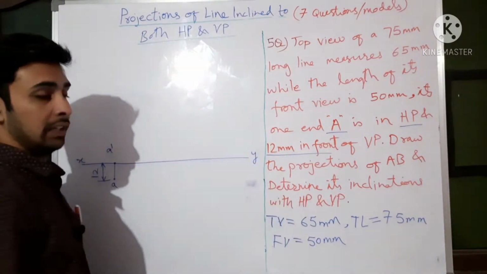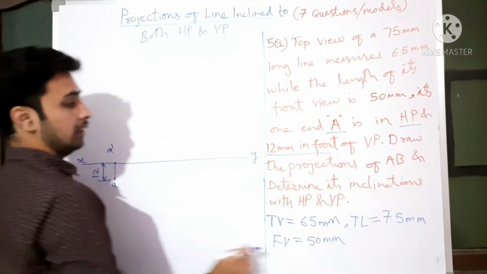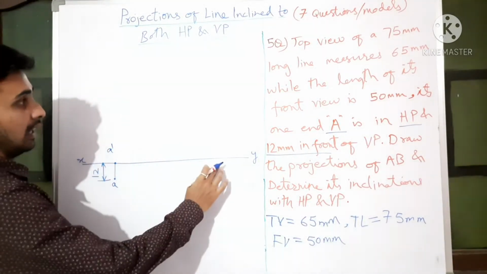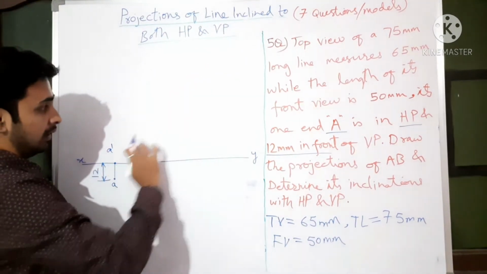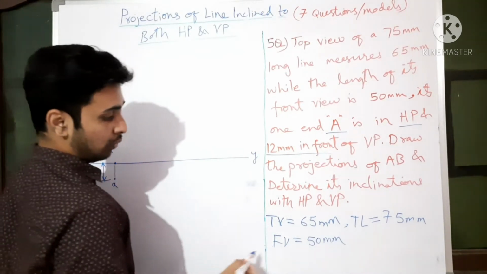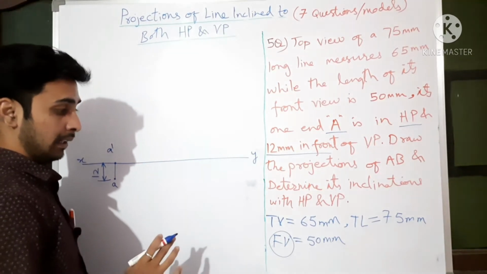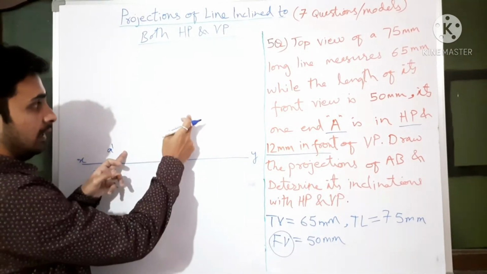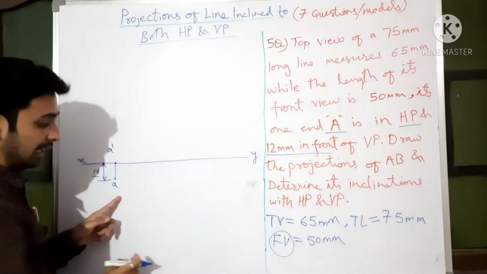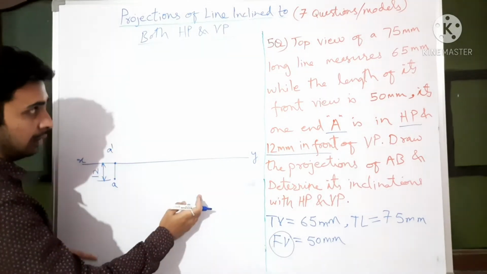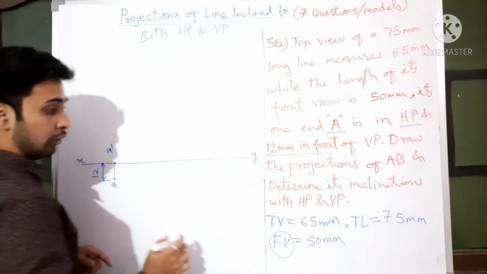So 3 things they will give, that is okay. Now what you need to do? We cannot draw the 75 mm long line because we don't know the inclination, and the other end height, that is, A is here, where is B, that height also they have not given, neither have they given an angle. So now you need to use this front view. If you remember the pattern, the front view will be rotated, and this rotated front view will go and be connected with the true length here, and similarly the top view is rotated and then projected here. So this true length will be connected to this top view. So that concept we will use.